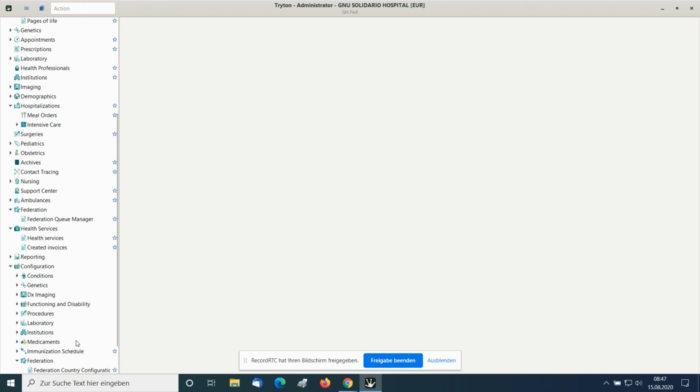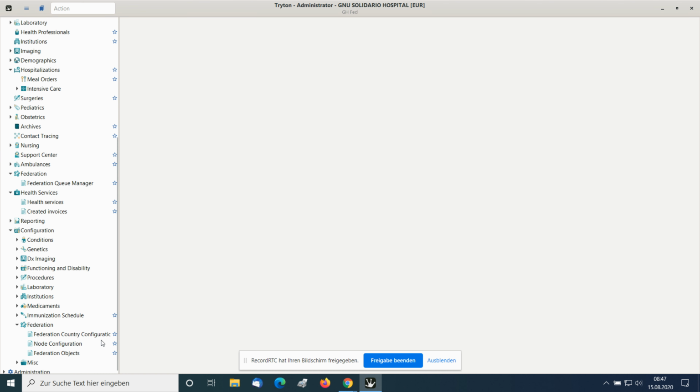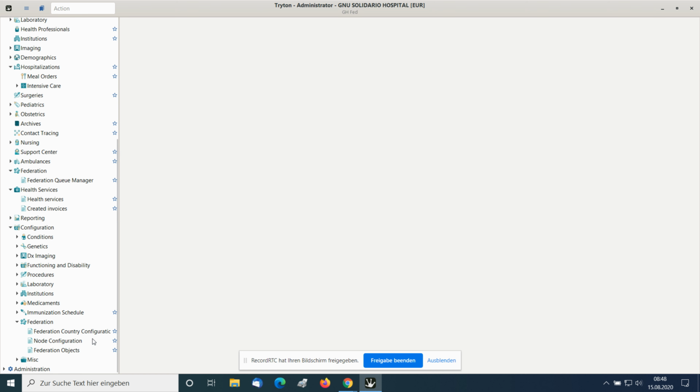Again, the institutions, medicaments, and of course also you have the possibility to make an immunization schedule, so that you can assign to a patient a special schedule of what the patient should get. The federation has some other possibility of configuration, and then there is also the administration,